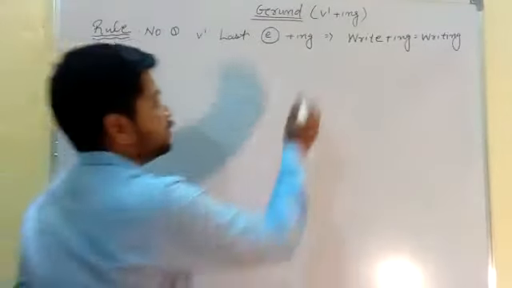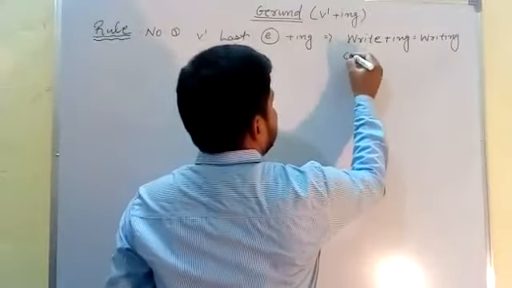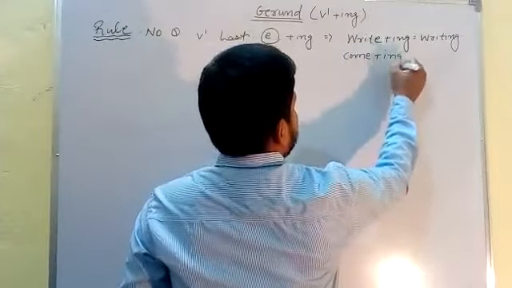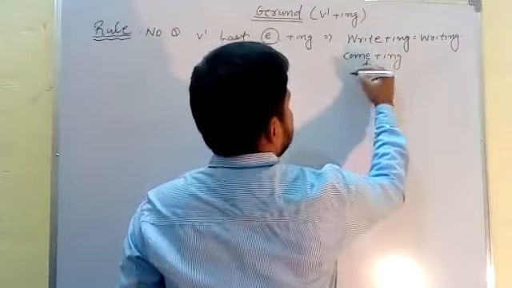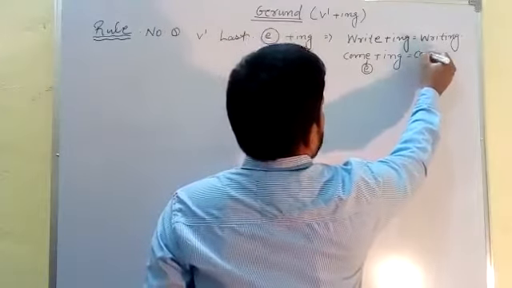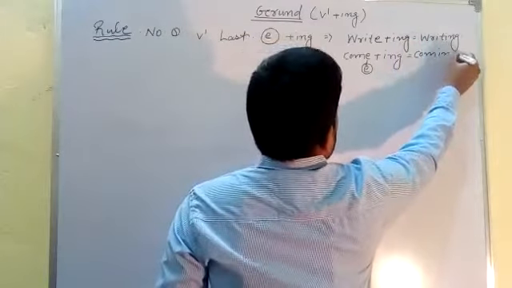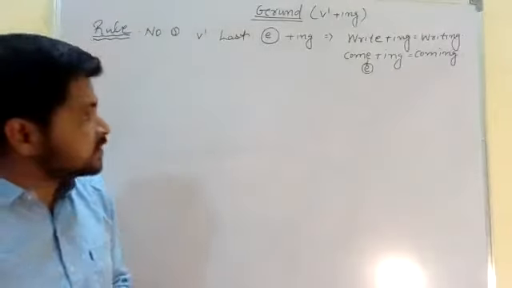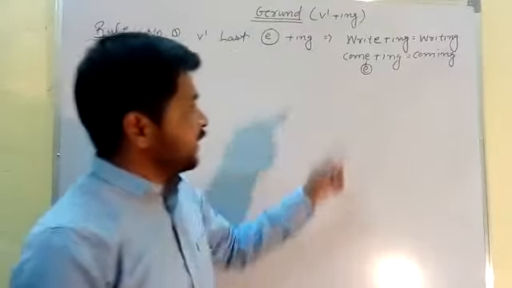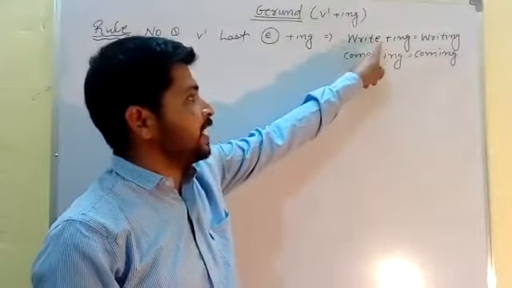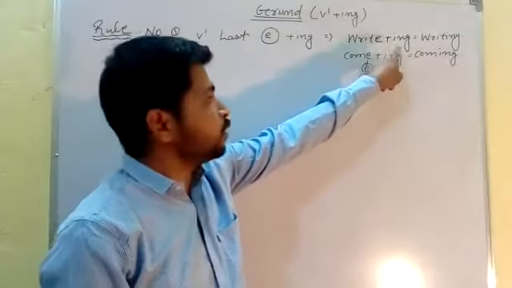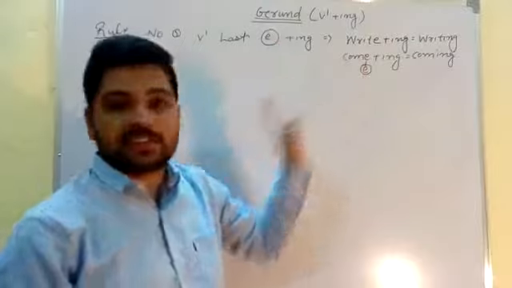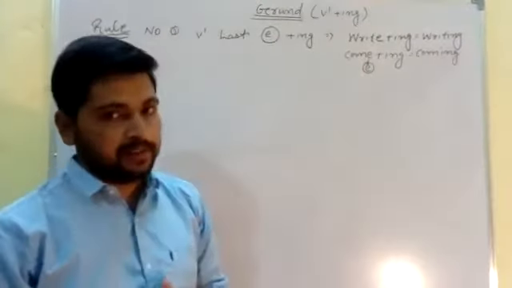Any other example? You can also look at come plus ing, and we leave out the e in this place. What is the spelling? COMING. It is rule number one. It is a very easy rule. If you find e as the last alphabet here, then include ing. The spelling is changed. We leave out the e in this place. Very easy rule, I think.